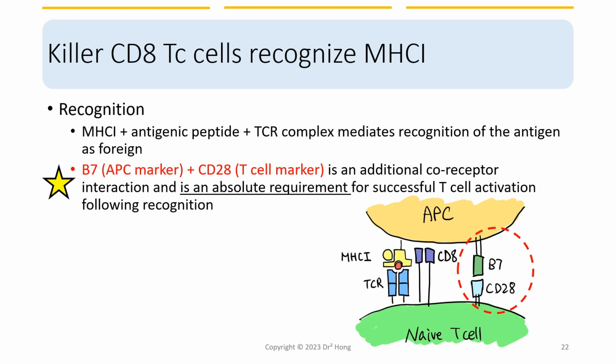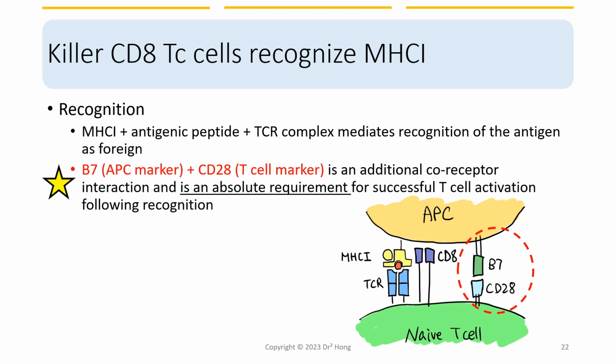Now, in addition to that cluster of interactions, there are also other co-receptors that are absolutely required for successful T cell activation, which are the B7 marker and CD28 marker. Notice here I have a bracket. B7 is a marker on the antigen presenting cell, and CD28 is present on the T cells. These interactions are absolutely required for successful T cell activation following the recognition between the MHC class 1 peptide and